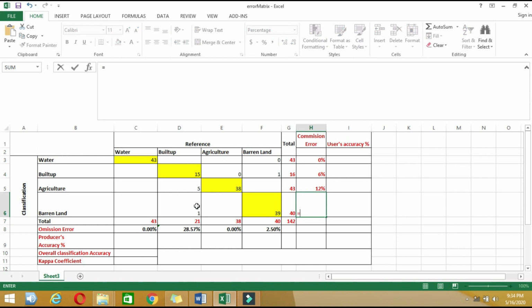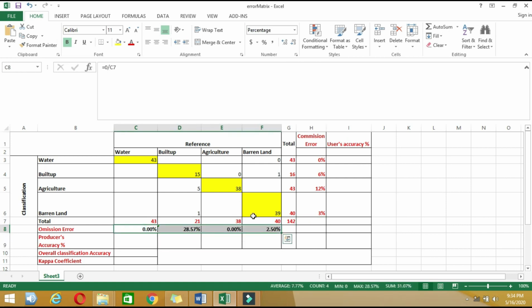Then we have barren land, where 1 is wrongly classified, divided by the total, and it will give us 3% error. So you can see here you have the omission error, and here you have the commission error.